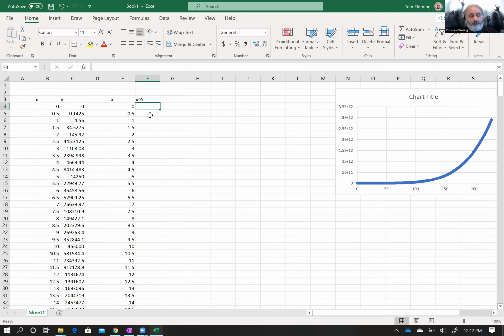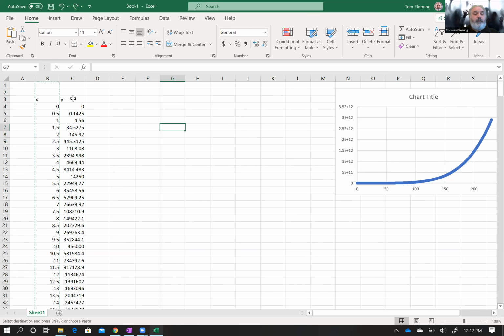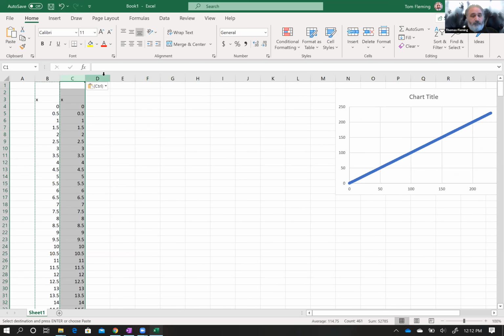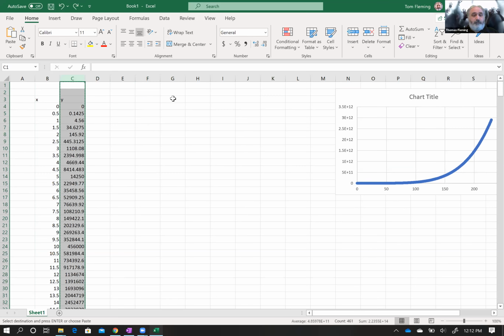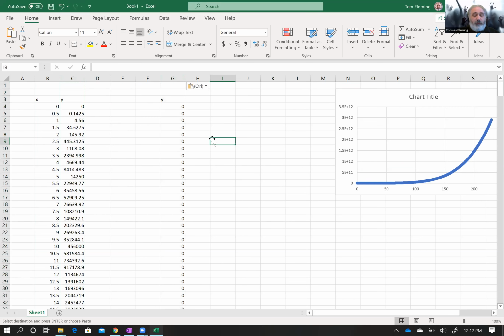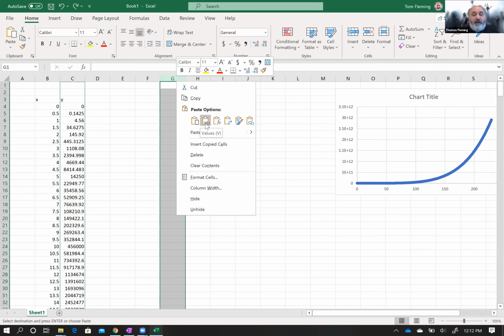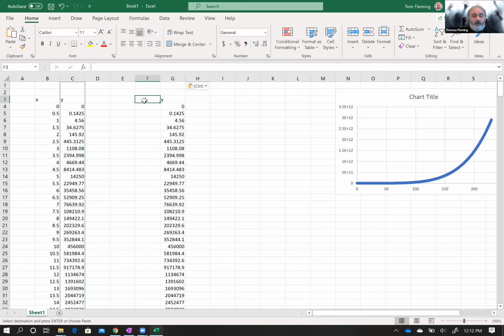So what I'm going to do is, I want to recopy this column. There we go. So I'm leaving my y's alone. I want to paste just the values. There we go. But what I want to plot as my x-axis isn't x, but rather x to the fifth